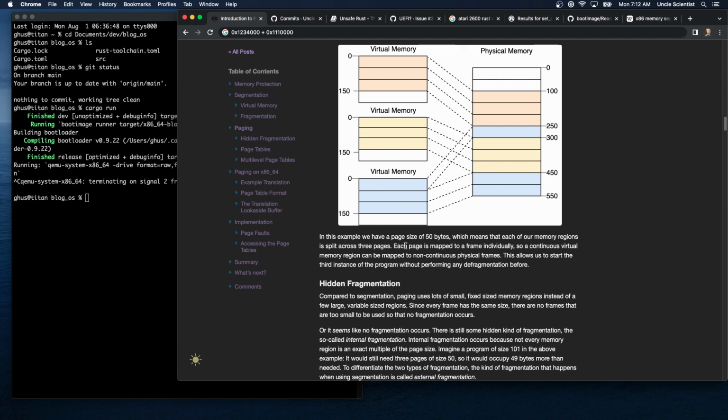In this example, we have a page size of 50 bytes, which means that each of our memory regions is split across 3 pages. Each page is mapped to a frame individually, so a contiguous virtual memory region can be